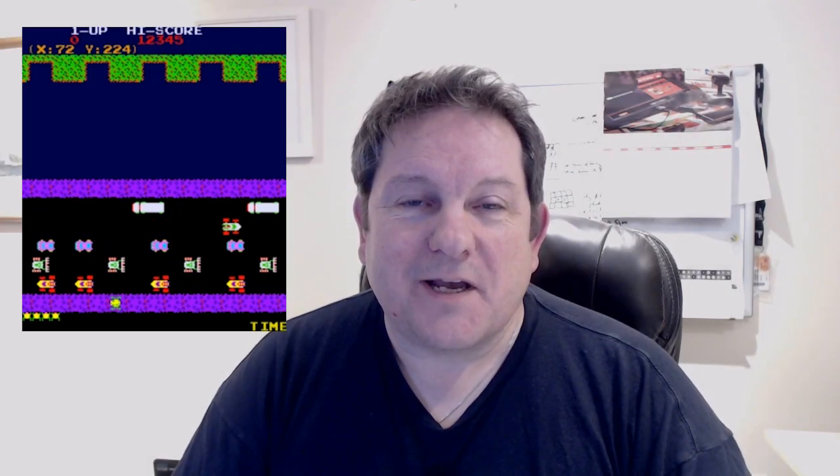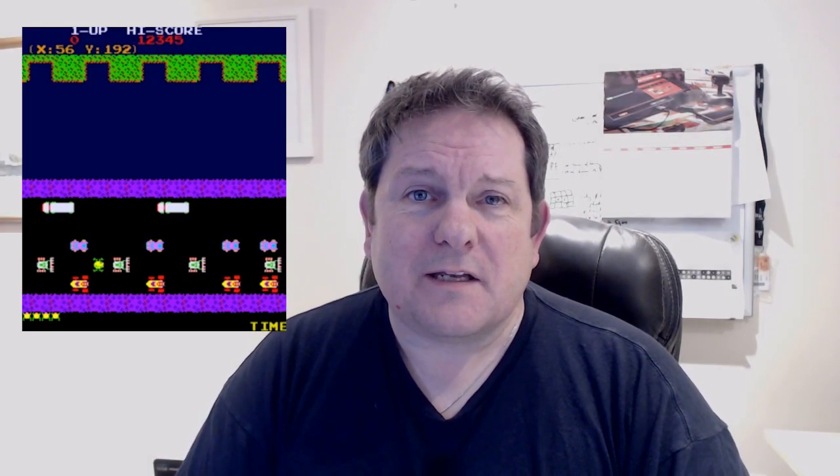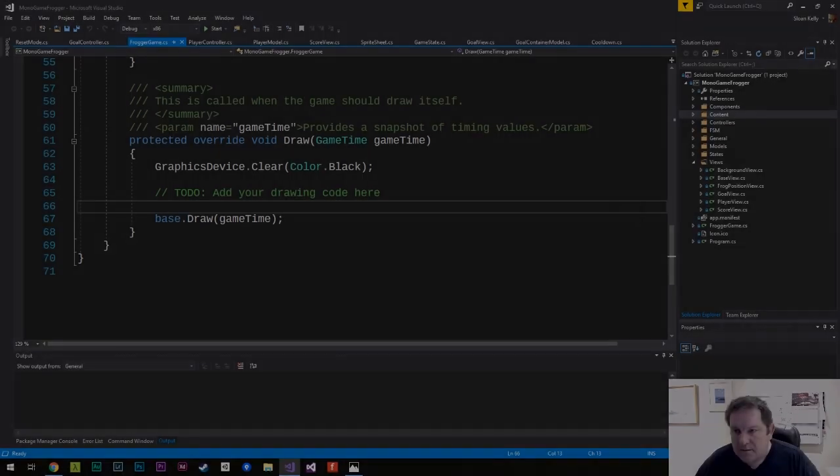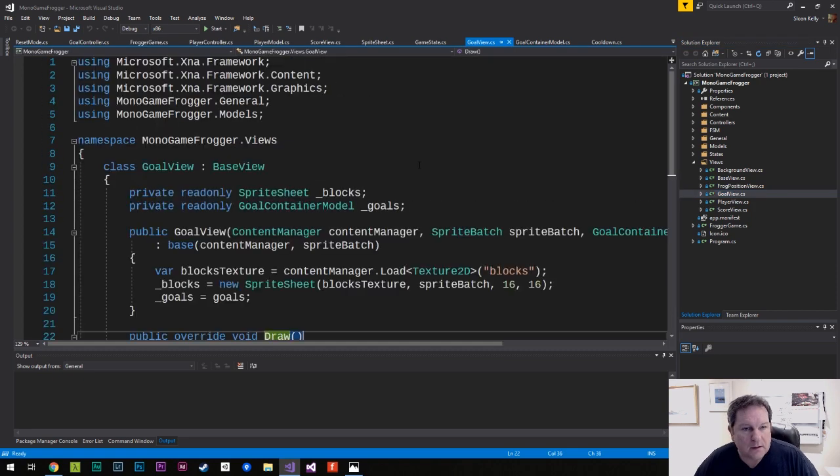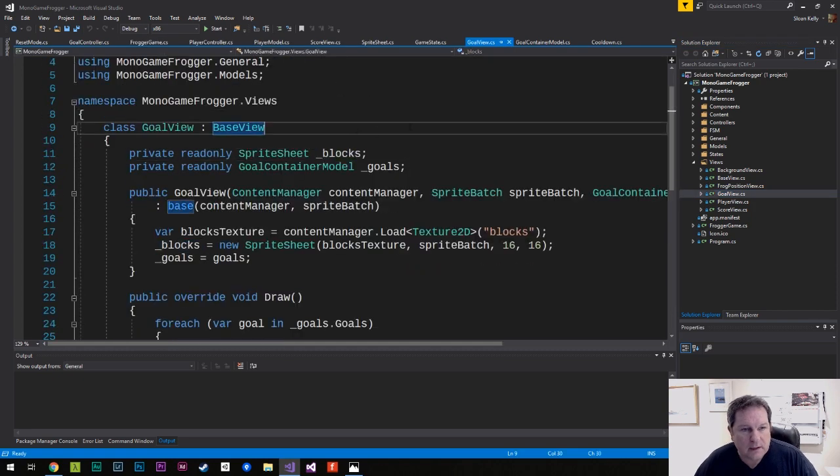Hi guys, we add traffic to the Frogger game and we start that after the fade. So let's start animating the frog. Where are we? Goal view. Okay, so we're going to have a